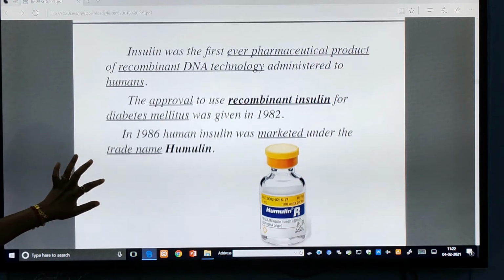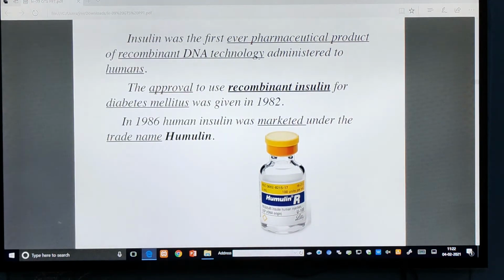This insulin was the first ever pharmaceutical product of recombinant DNA technology administered in humans. Now, what about the approval? Whenever you get a medicine, you have to give a trademark, and you must get the patent for that. So approval was given to use this recombinant insulin for the diabetes patient suffering from diabetes mellitus. That was given in 1982, and only in